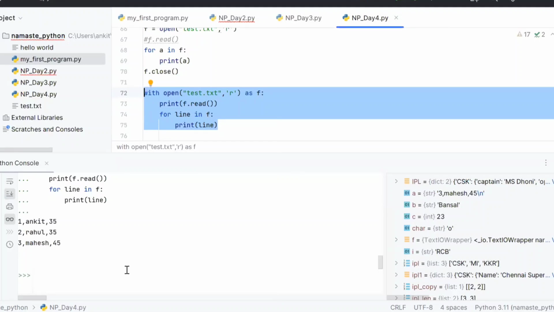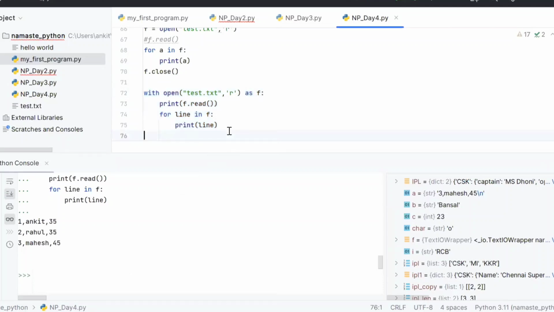Ankit, just one thing, like in SQL, if we have to introduce column names like ID, name, and age, can we do that over here? Like ID is 1, 2, 3, name is Ankit, Rahul, Mahesh, and age is 35, 35, 45, on top of that, can we put that? Okay, header you are saying. Yeah, header you can print. So in this approach, the header will be just another line, right? So the header is the first line, then this is second, third, fourth. It is just how you handle it in your code. For Python, it is just another line, right?